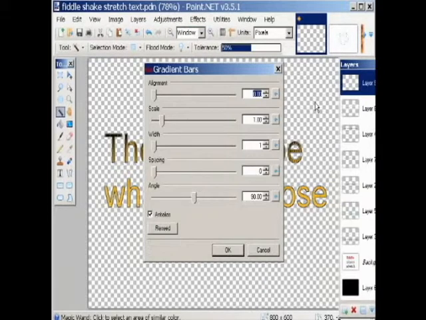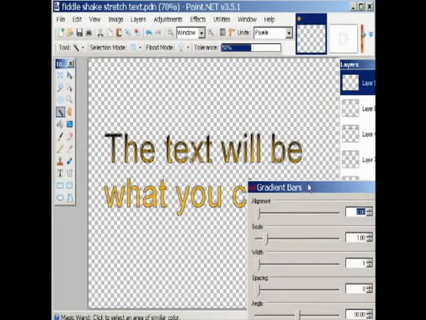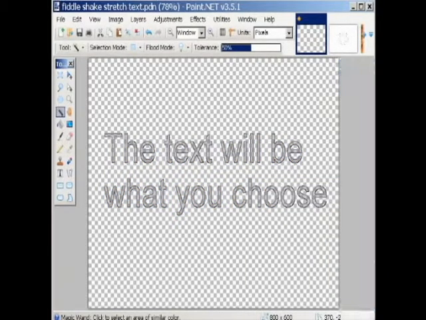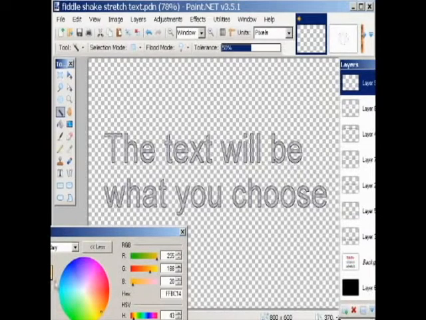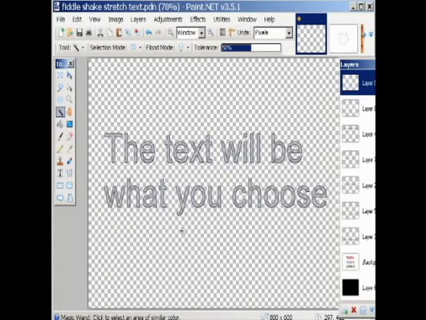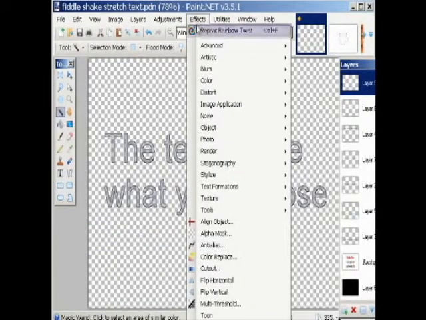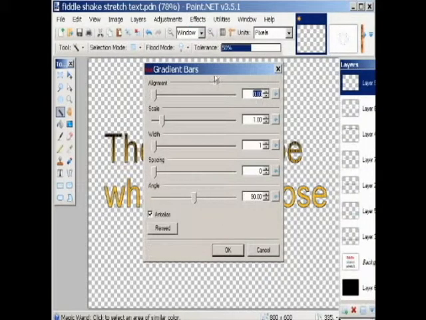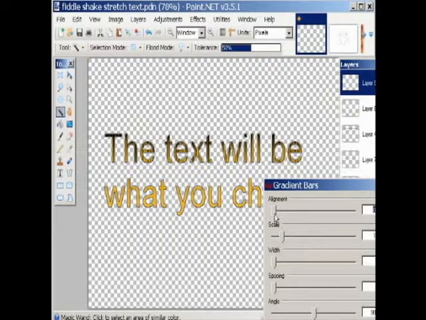Now when you render the gradient bars, what you have the option to do is change the color, which if I pull up here and cancel this real quick, if I pull up the color, you'll notice here that I have in fact chosen black and orange because that's basically the color of a tiger stripes. Okay, just so you know that. Let's go back over here to effects, go back down here to render, go to gradient bars, and then what we'll do here is we'll play around here with the alignment,